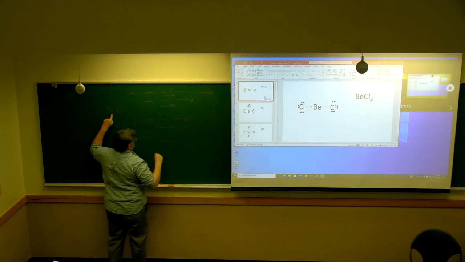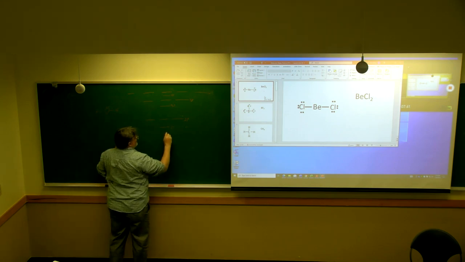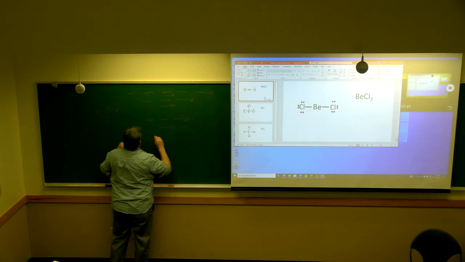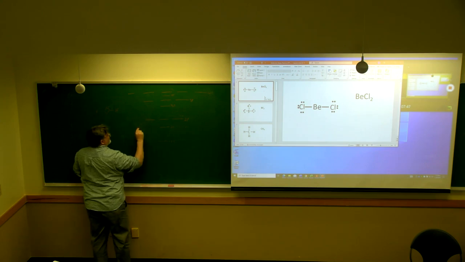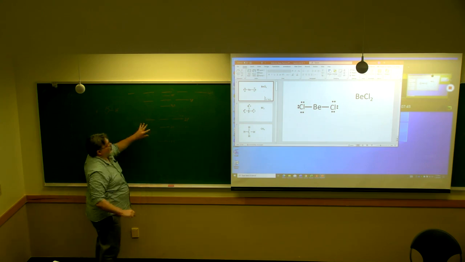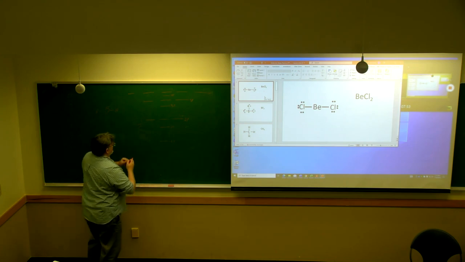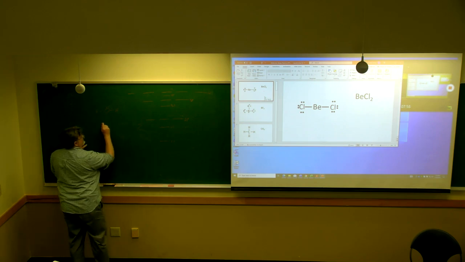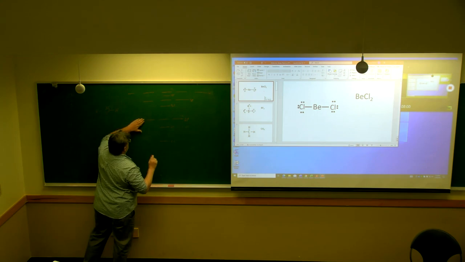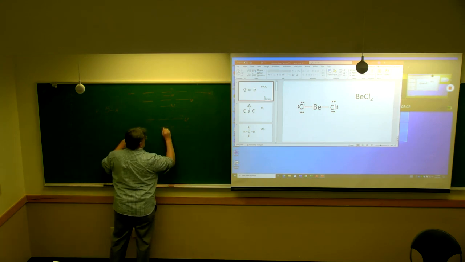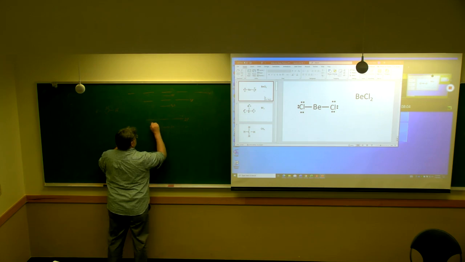When you have 2 things bonded, what that means is, here's what I'm doing. I'm taking those 4 orbitals and I'm sort of mixing them together. We call that 2S, 2P,